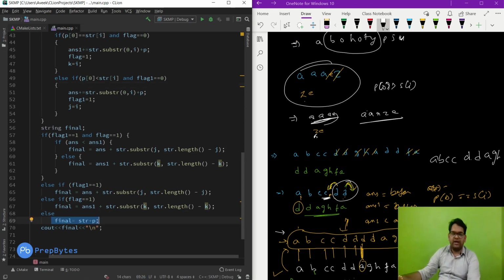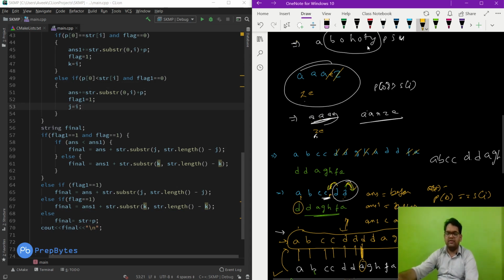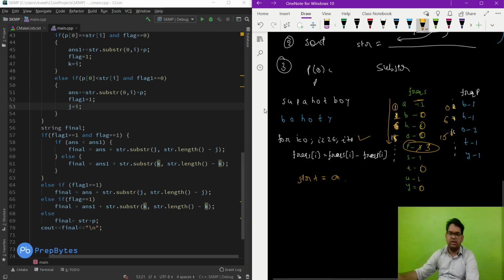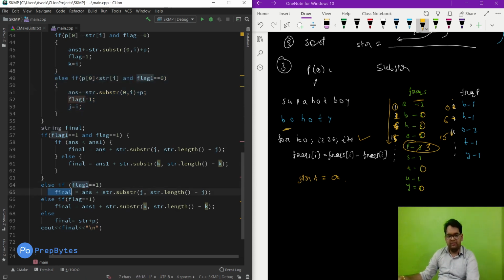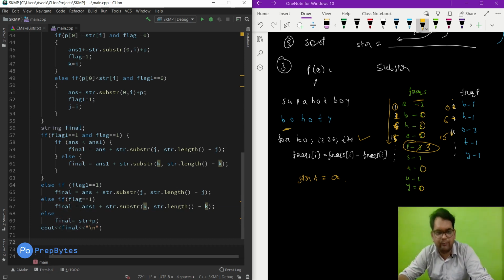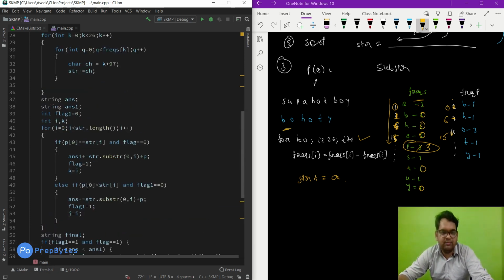Now if any one of them is true, like we have seen in the second example, only flag 1 is true, then we get the final string as this. There can be an example where only equal to is true, so this handles that particular case. And else is nothing but both of them are not true. That means we do not get equal to, we do not get less than, we get greater than, p naught greater than. So that is the last case, and finally we are printing the final string. So this is the implementation for this particular question.